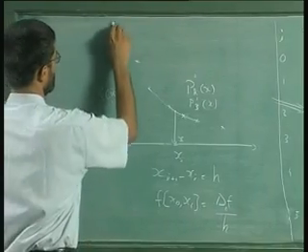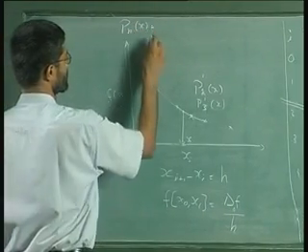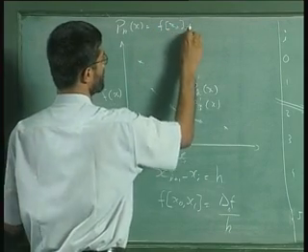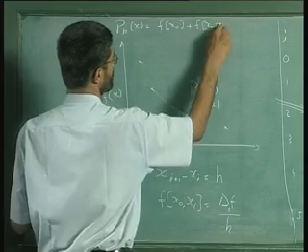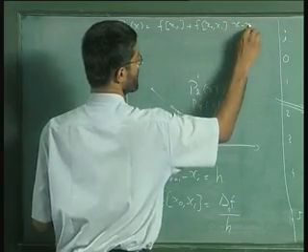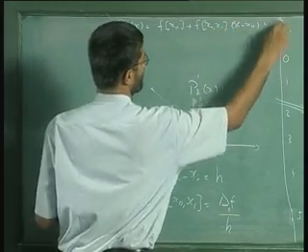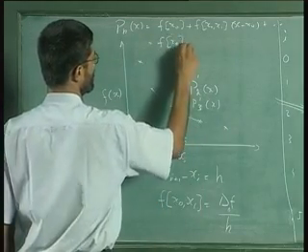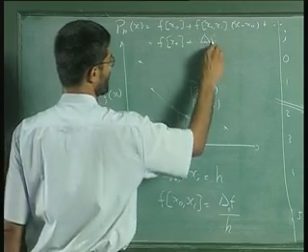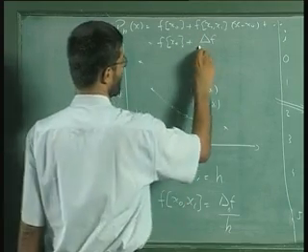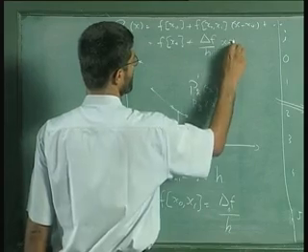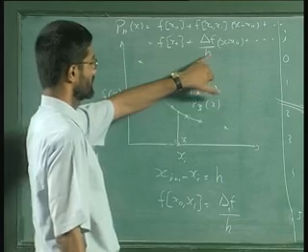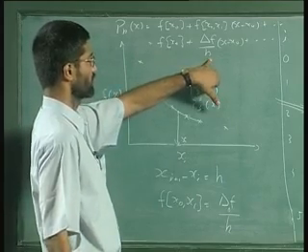Remember that the polynomial in the Newton's form, Pn of x, would be written as f of x0 plus f of x0 x1. This is the coefficient, and this is x minus x0, plus other terms. Now in the new notation, this would just go as f x0 plus del f divided by h, we said, and then x minus x0, plus other terms. Since h is a constant,